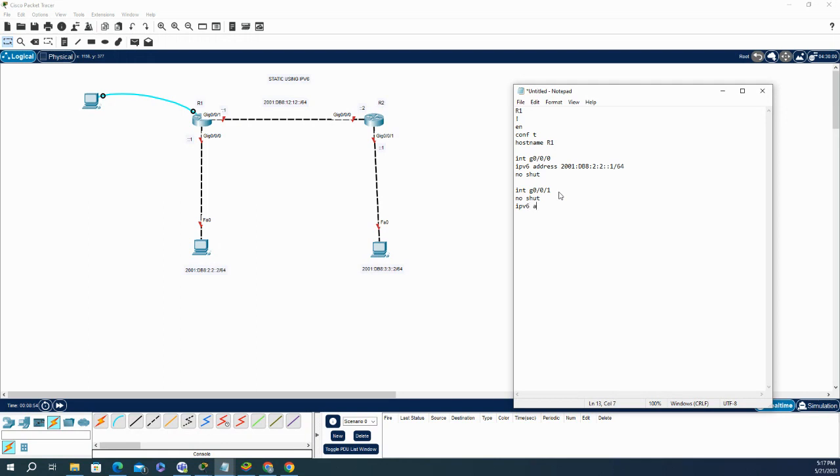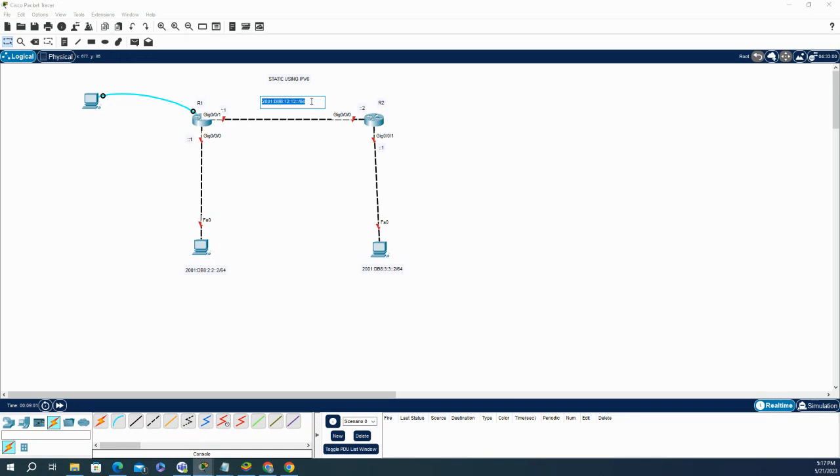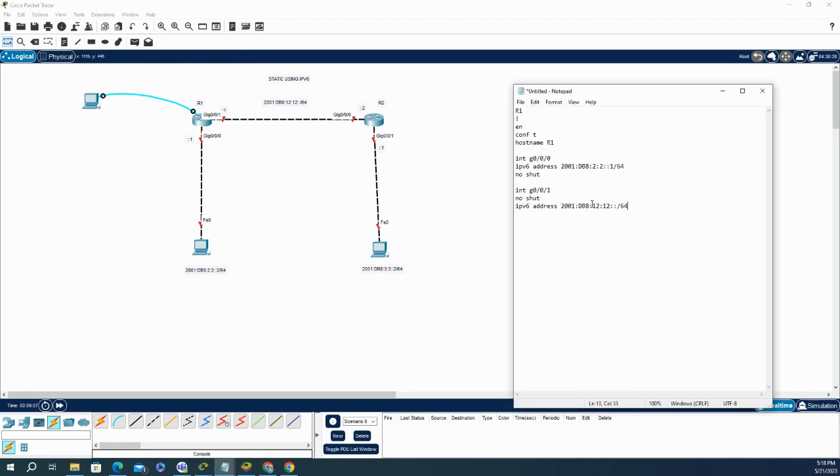IPv6 address. Just gonna copy, and it's not 1 also. Okay,